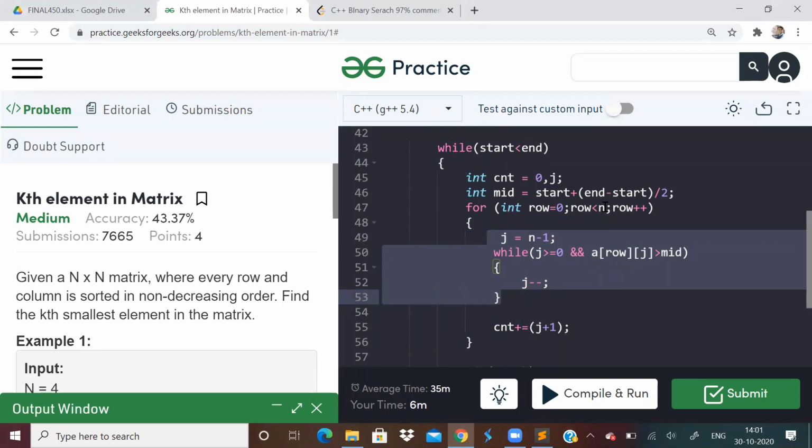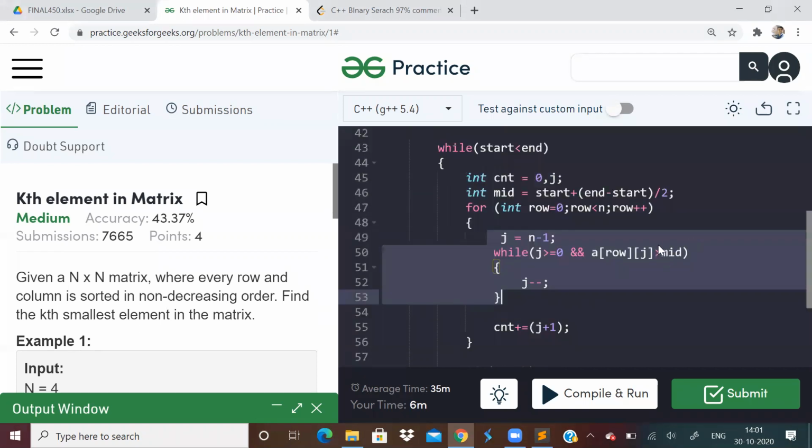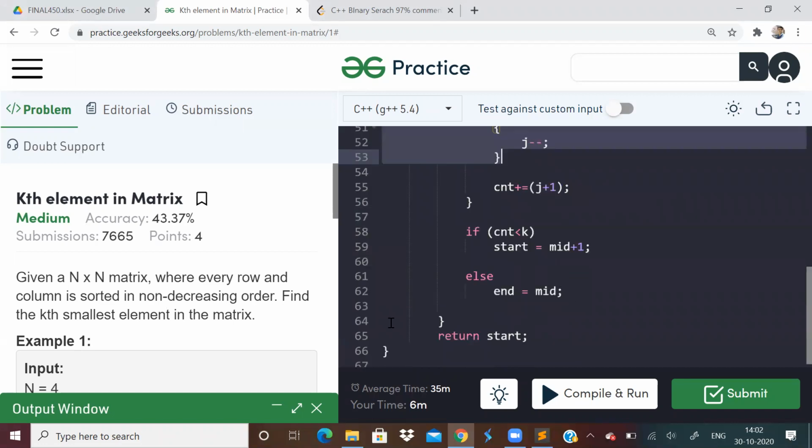We have to traverse through each and every row and find the count of the elements, how many elements are greater than the mid value, that we have to store in the count. So this is how you solve this problem, kth element in matrix.